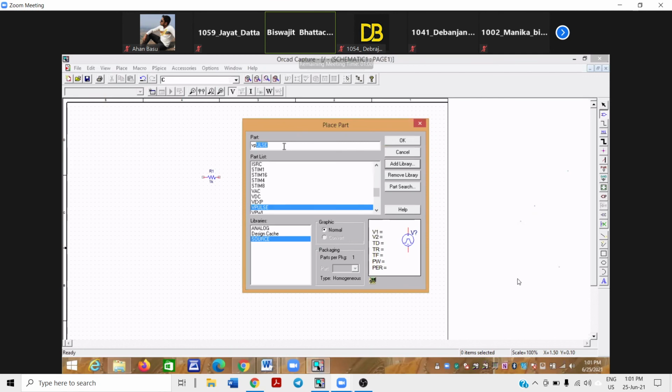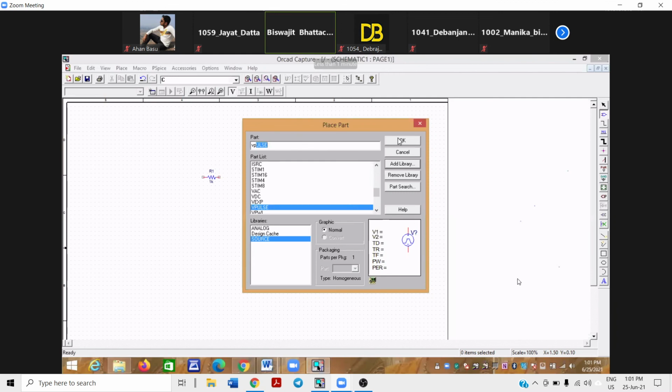Now note that for all the voltage sources in PSpice, the name will start with V. All the current sources will start with I. So for a sine wave voltage source, it will be V sine. For a current source as a sine wave, it will be I sine. For a pulse source delivering voltage, it will be V pulse. For a current source that is a pulse source, it will be I pulse. When a source starts with I, it is a current source. When a source starts with V, it is a voltage source. So V pulse is a voltage source.